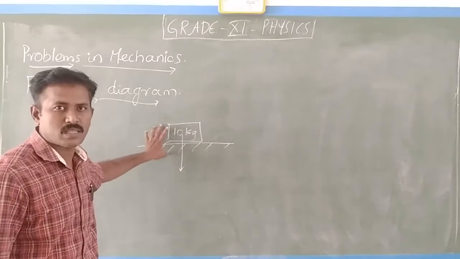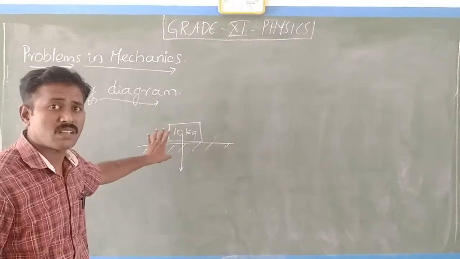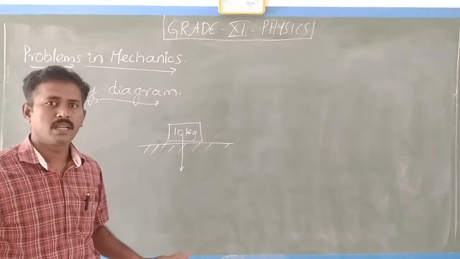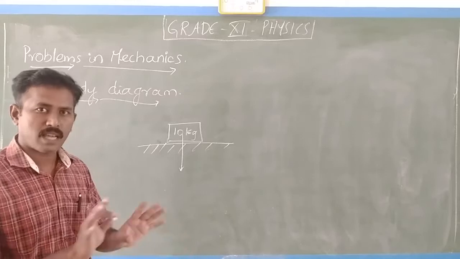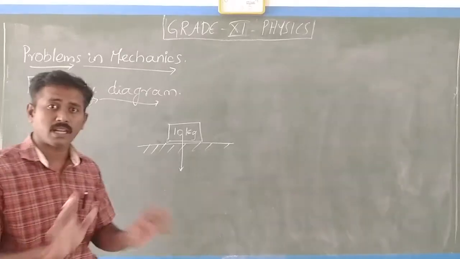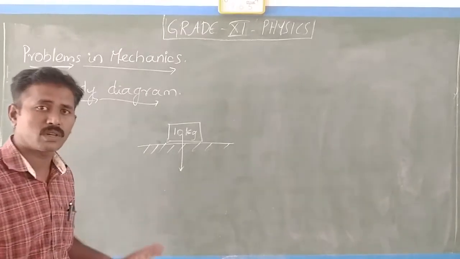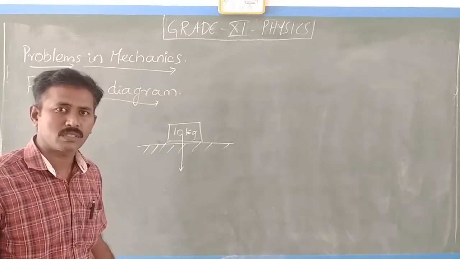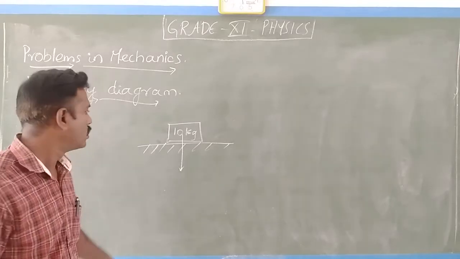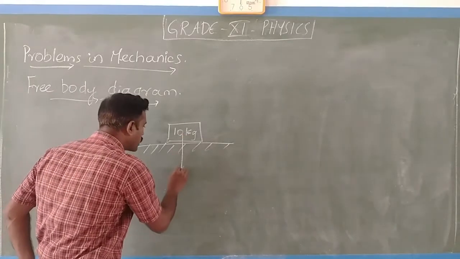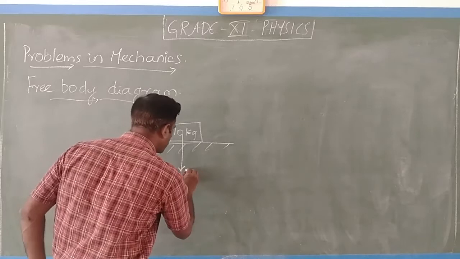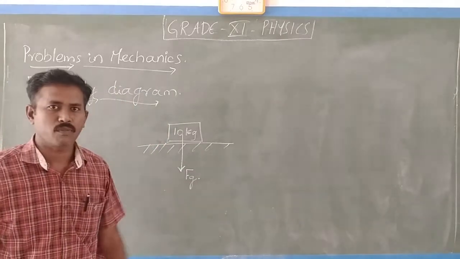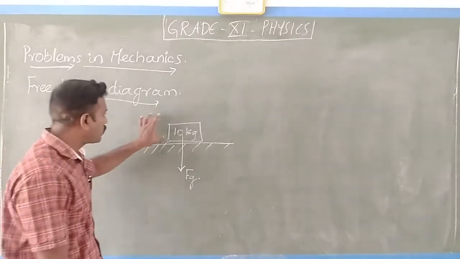It is at rest. What is the status of this object? It is not moving. It is quite static. Static means the object is not moving. The object is at rest. Even though it is at rest, what force is on it? What is the force on it? The force is the gravitational force. That is represented by Fg. G represents the gravitational force. Okay, it has a mass.